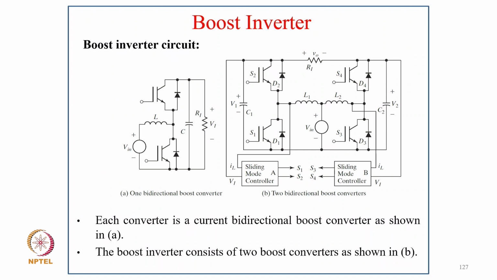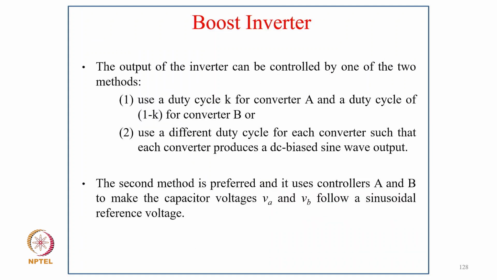Now this is a circuit of the boost inverter, typically one bidirectional boost converter and a second bidirectional boost converter, and each current bidirectional boost converter is shown in the next figure, and you can clearly see the boost and control waveforms in B. And the output of the inverter can be controlled by one of two methods. Use a duty cycle K for converter A and duty cycle 1 minus K for converter B, or use a different duty cycle for each converter